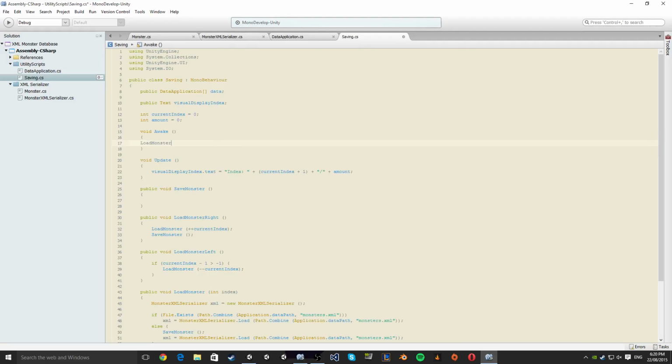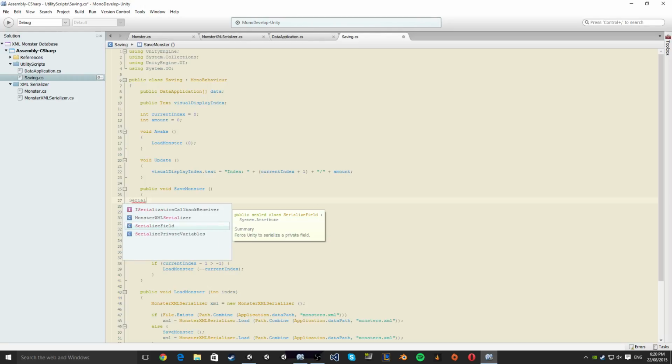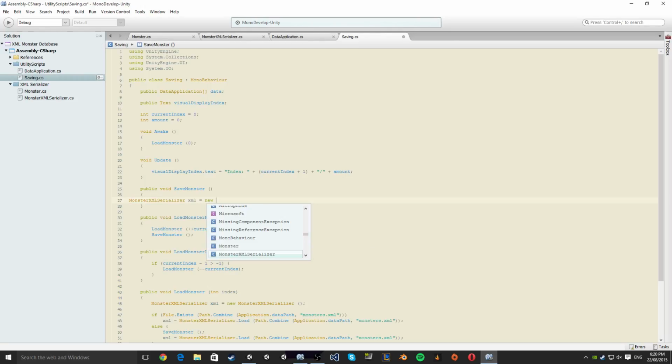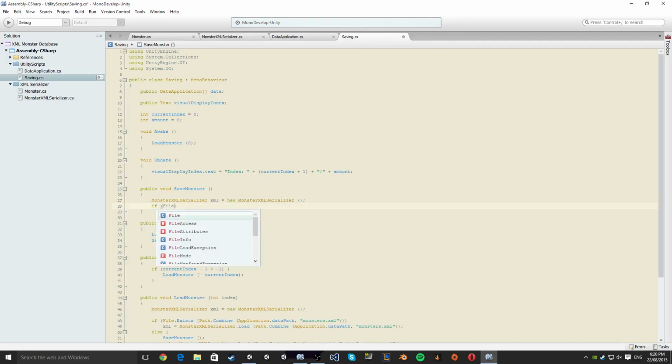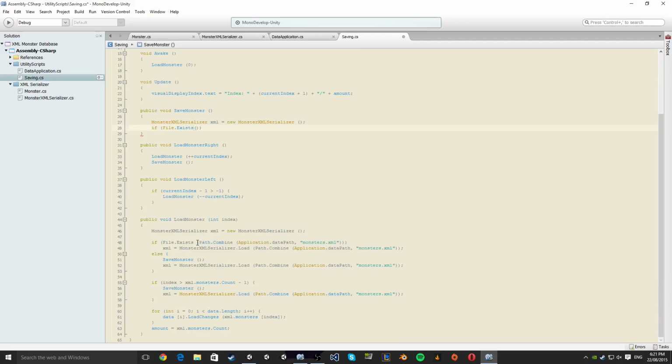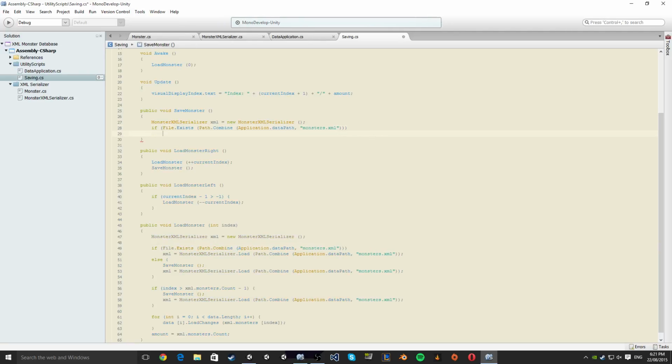When we awake, by the way, we're going to load monster 0, just so I don't forget that. Save monster is pretty short to monster serializer. XML equals new. If the file exists, let's go and post this. If the file exists, then XML.monsters equals XML Serializer dot load of